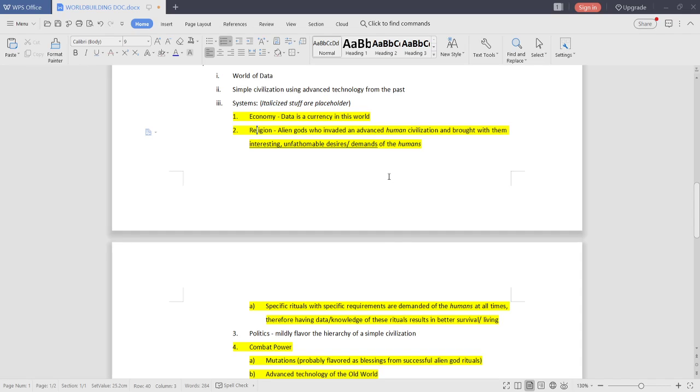So it's not really religion, because usually with religion, it has a set of morals that you believe in. But these alien gods don't bring any morals with them. So it's more like, is there a word for this? Colonization? Alien colonization.